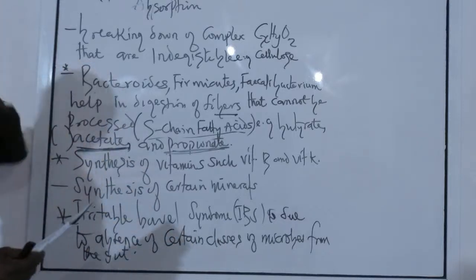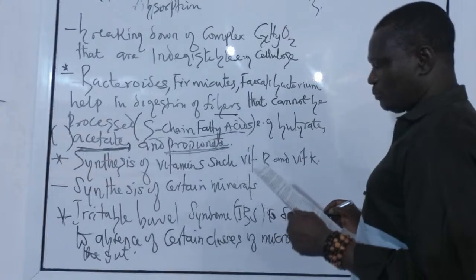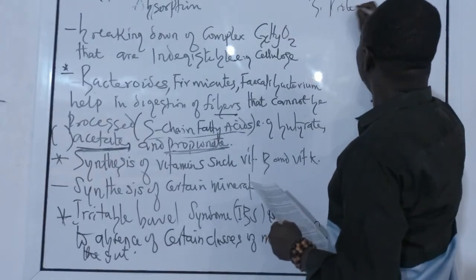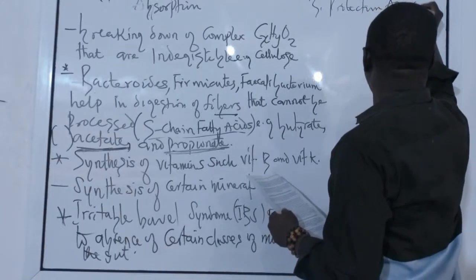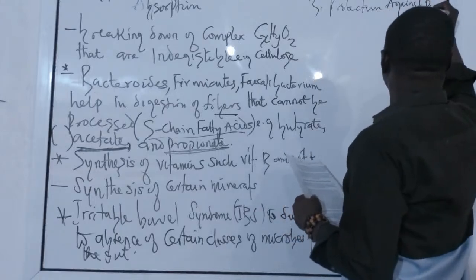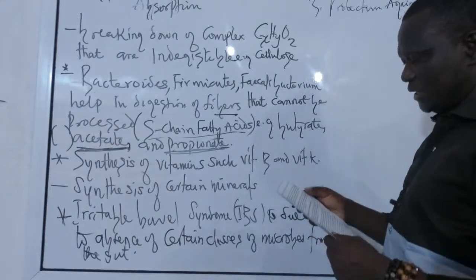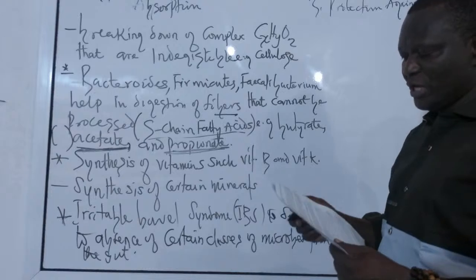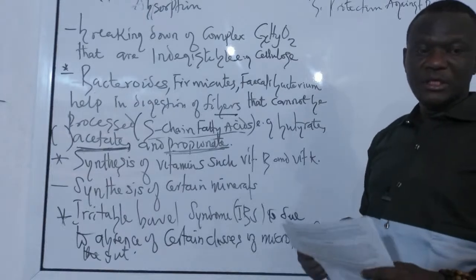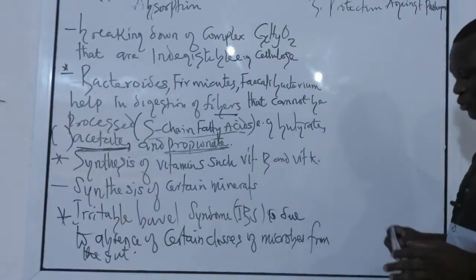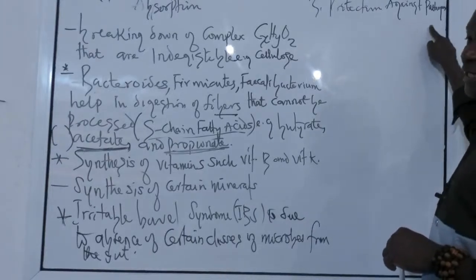The last one that we are going to consider, which is the third, is protection. We have partially mentioned something like this under point one: protection against pathogens. So we have just discovered that one of the major vital roles played by microorganisms in close association with human hosts is that they help in fighting off certain pathogens.